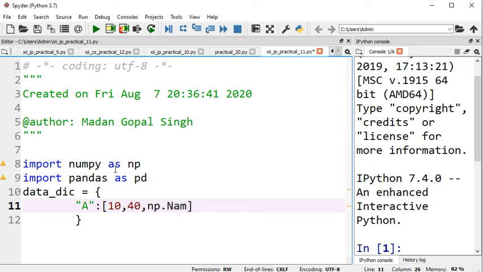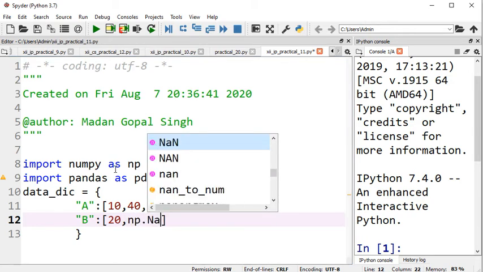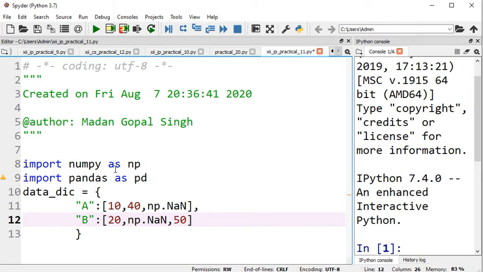You need to write it like this. Remember, NaN is part of the NumPy package, that's why these are the missing values. Then 10, 20, 30, 40, then 20, 50, np.nan again, and you can use 50 here.